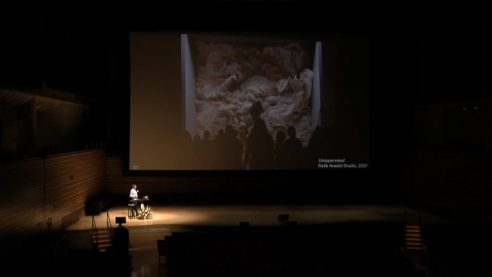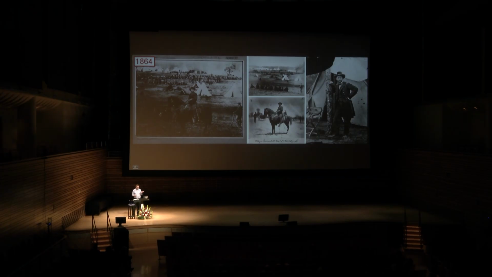So we think of also things like Photoshop, right? I just wanted to say that Photoshop, while it seems like a 20th century thing, has actually been around for a long time. So here we basically have a picture of General Grant on his horse, except it's actually a composite of 3 different pictures: someone who's not Grant on a horse, the head of Grant, and some other background, right? This was in 1864, not long after photography was even invented, right? So people have been thinking about this for a long time.